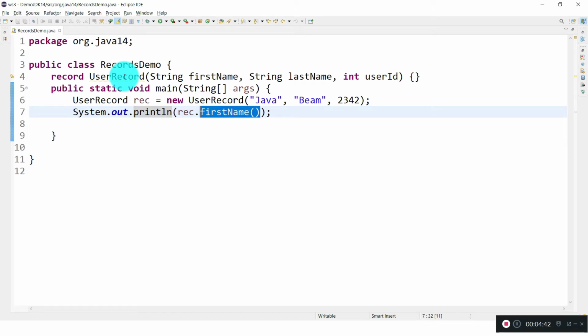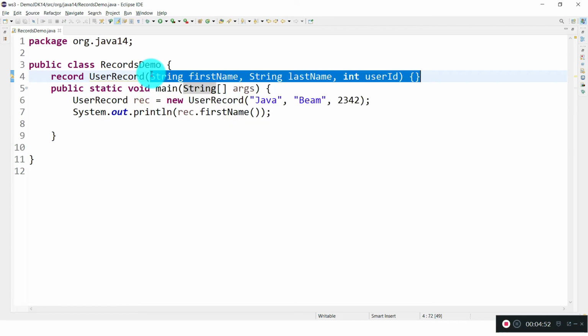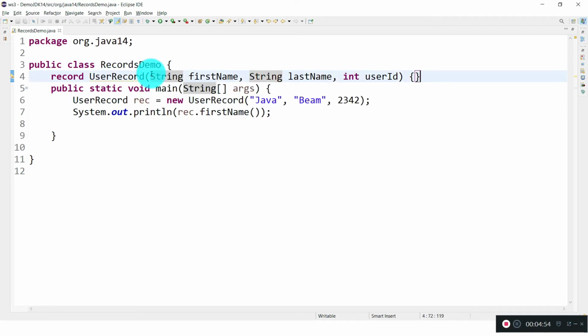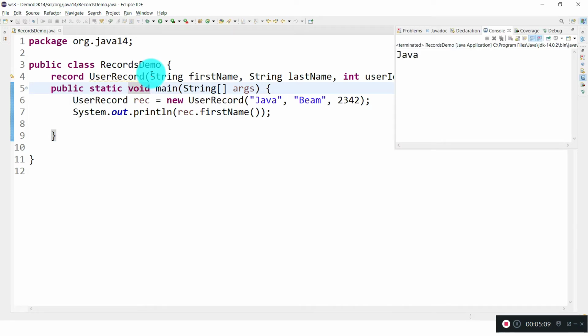So we can use these methods to get the data, and we cannot set the data as all fields are by default final, and the record is also by default final, so it cannot be extended by other classes, and also a record cannot extend any other class, it can only implement interfaces. Let me run this one. Yeah, so we are able to get the data.